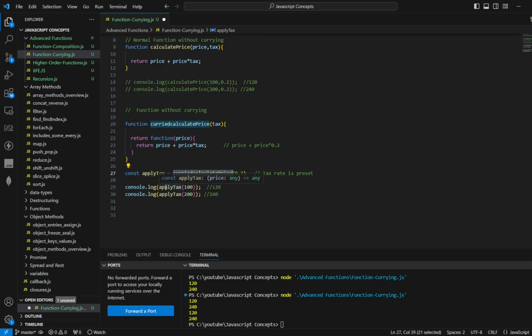Okay, so we are calling applyTax with price as 100. So now price will go here and it will become 100 plus 100 star 0.2, that will be 120. Okay,